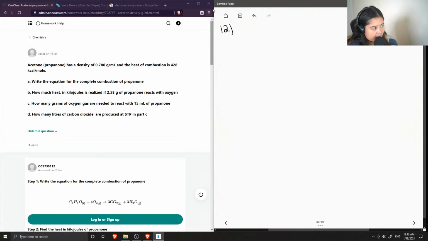Okay, so this is multi-step, and it's a very good question because it covers a lot of different topics. So first, let's try to tackle just the first question, which is to write the equation for the complete combustion of propanone. So to answer this question, we need to first know the structure of propanone so that we can balance it. So propanone,